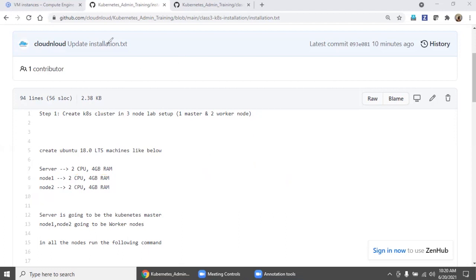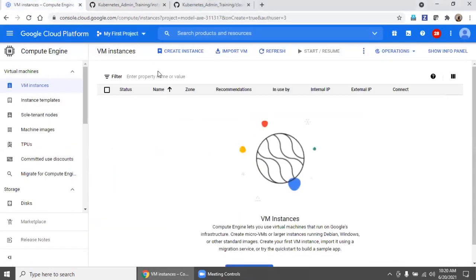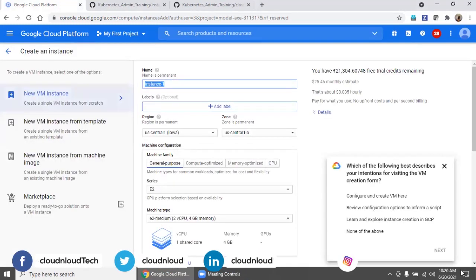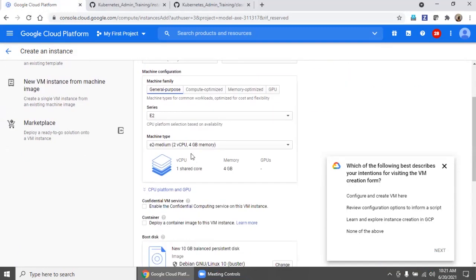Let's go inside. This is my Google Cloud account. I'm going to create 3 Ubuntu machines. I will show you how to create one machine, an instance. I'm going to name it master, or server; it's up to you. Select 2 CPU, 4 GB memory.